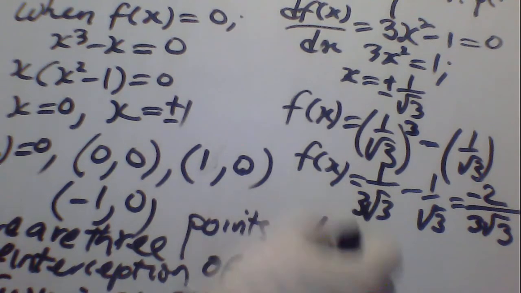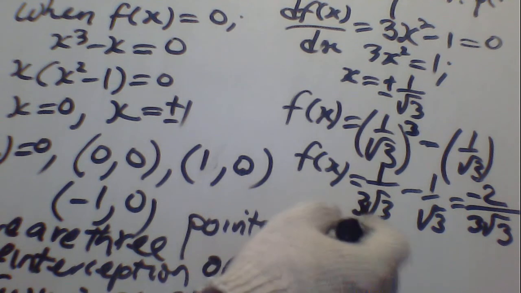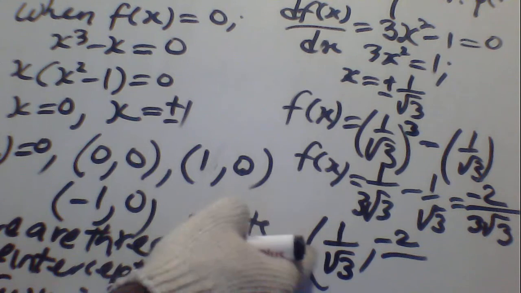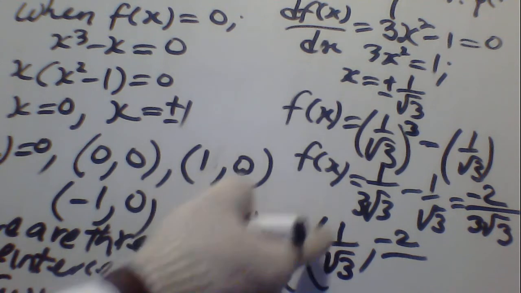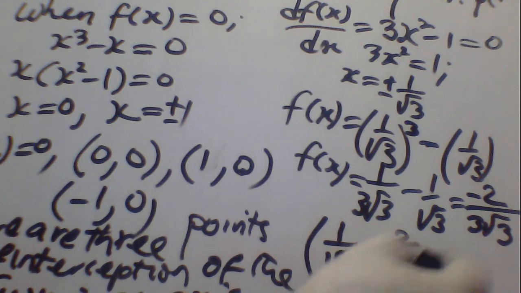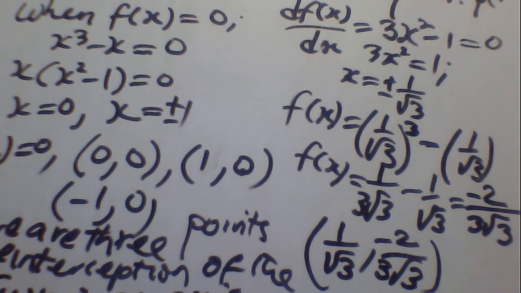So in this case, we have gotten one turning point. At the first turning point, x is 1 over root 3, and the function is minus 2 over 3 root 3. So are you following? If you have done this side, I can clean it. Can we proceed? Have any question?